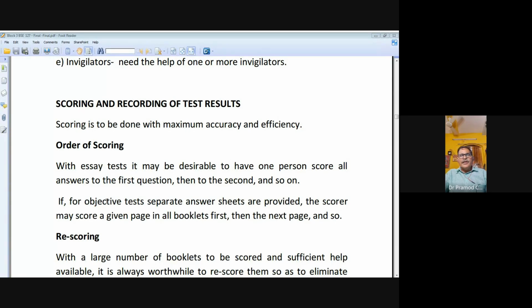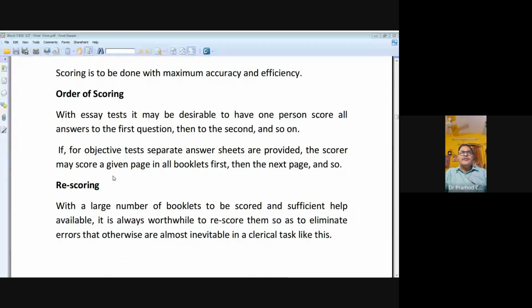Answer will be very subjective. In case of the objective type of test, separate answer sheets are there, and whenever you get the answer sheet, then automatically you are able to get the answers from the booklet. If you do not apply the OMR sheet, you can see the answer sheet and also the scoring key, then you are able to